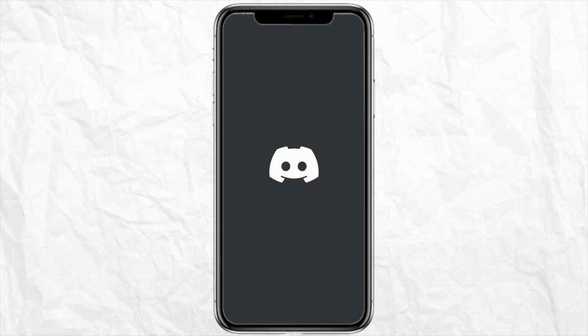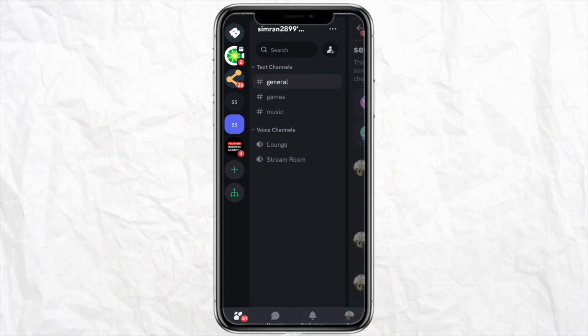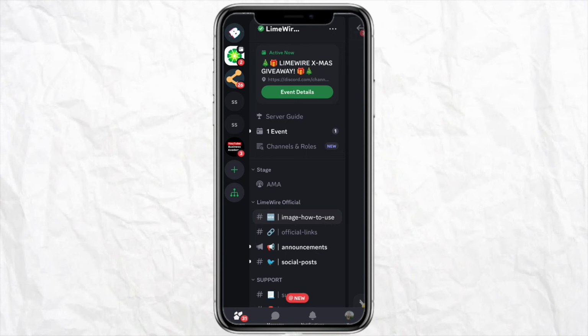In this video I'm going to show you how you can see your Discord servers that you have left in the past. So for that, just open your Discord account, and after that just click on any of the servers that you want to leave. For example, I want to leave this particular server right here. So just click on the three dot icon from the top